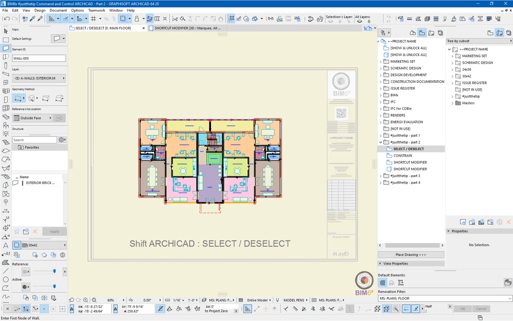In this video, we're going to take a look at part 2 of how we can command and control ARCHICAD. Specifically in this case, we're looking at the Shift key and 3 main functions it performs. So the first one is the selection and deselection tool, and it's one of my pet hates really, to be